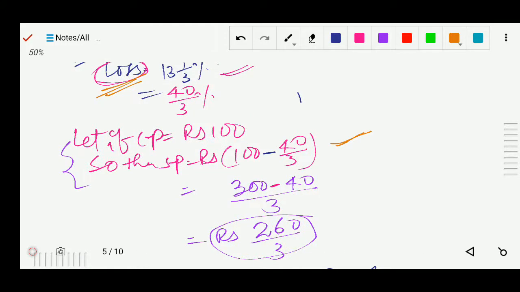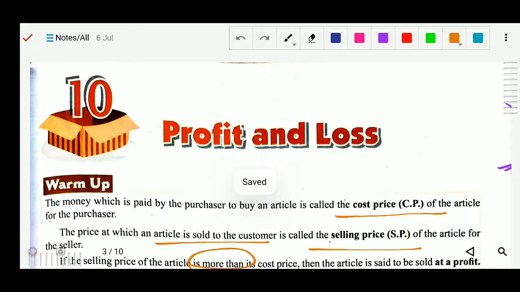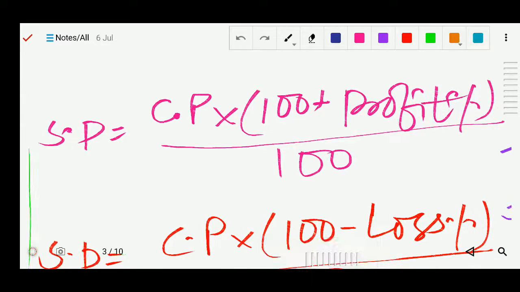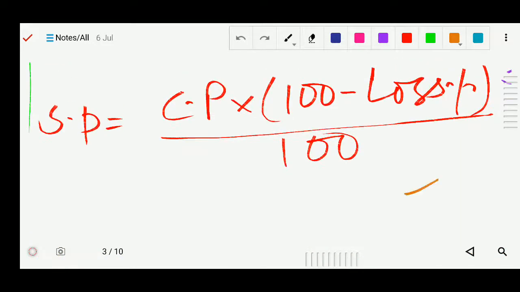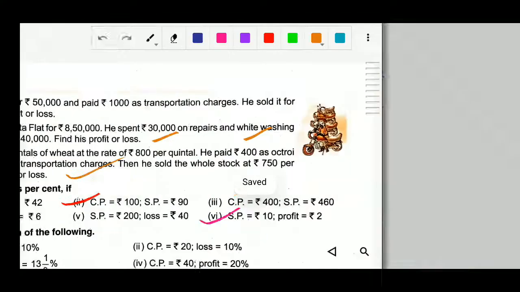कौन सा फार्मूला यूज़ करोगे आप? द सेकेंड फार्मूला आप यूज़ कर सकते हो, इसका ये वाला लॉस वाला, ये लॉस है ना, तो आप ये वाला फार्मूला यूज़ कर सकते हो, इससे भी बन जाएगा. गॉट इट? ओके. Now next question we will do